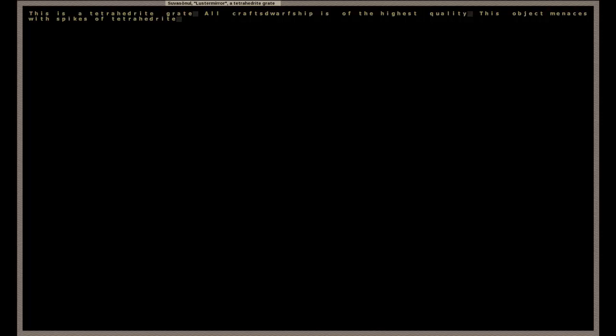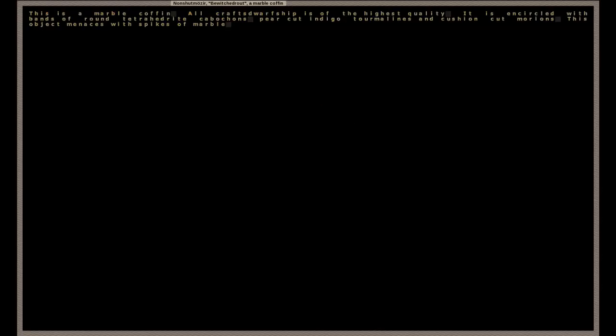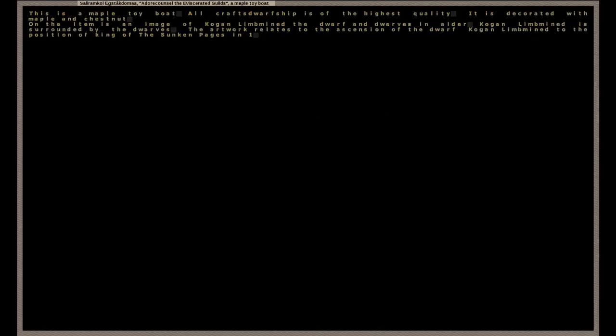This is a tetrahedrite grate. All craftsdwarfship is of the highest quality. This object menaces with spikes of tetrahedrite. Why is it that whenever they make all these things, they menace with spikes? Like, look, the marble coffin menaces with spikes of marble. The maple toy boat, a toy boat. Okay, I guess this one doesn't menace with spikes, but